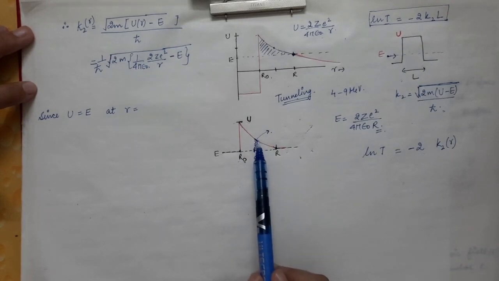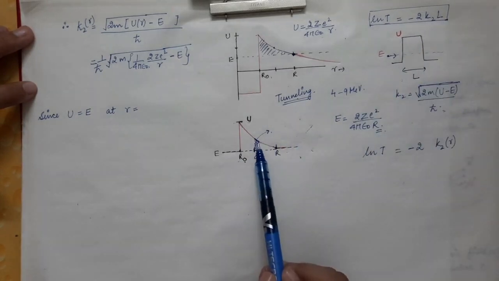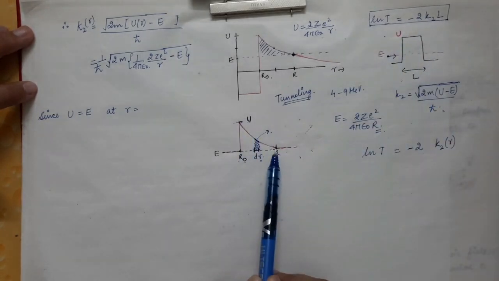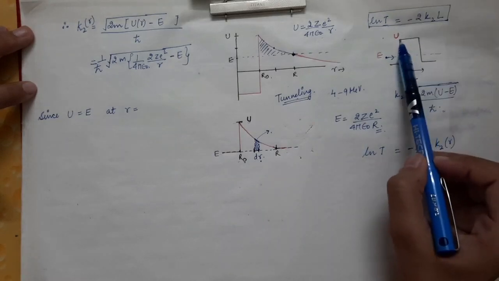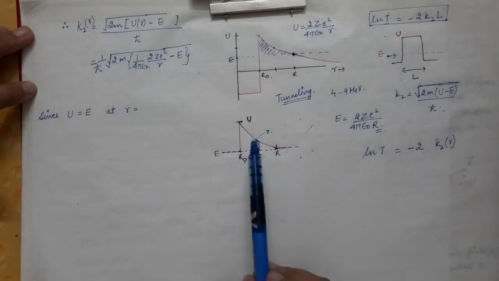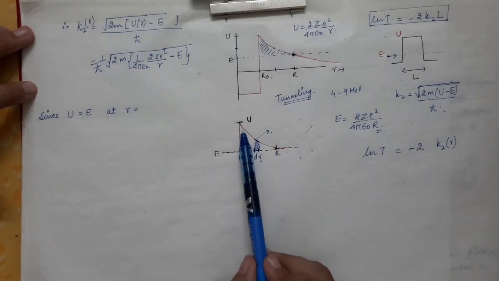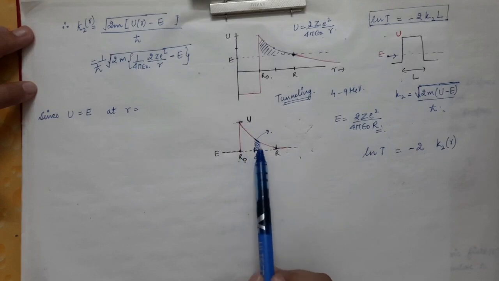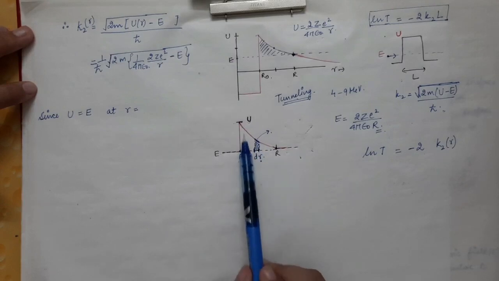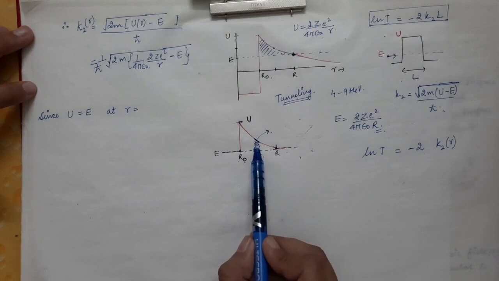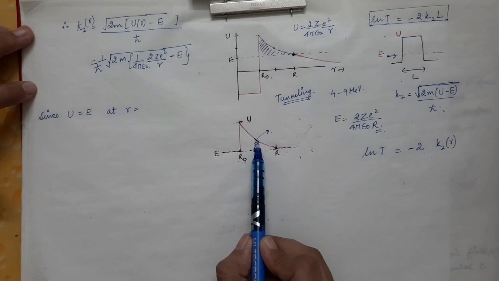So keep in mind, we have to use this formula only for this small patch. We cannot write this formula for the case of the whole potential barrier, because it is for a constant height of potential barrier, whereas here the height is decreasing. So we divide this potential barrier into an infinite number of patches, infinite number of strips, and we are taking only this small strip for the time being, which is of thickness dr. It is of such a small thickness that the height of this barrier will be almost constant.